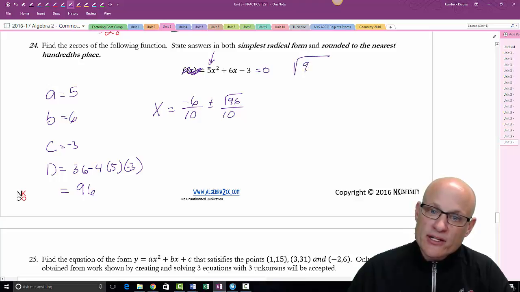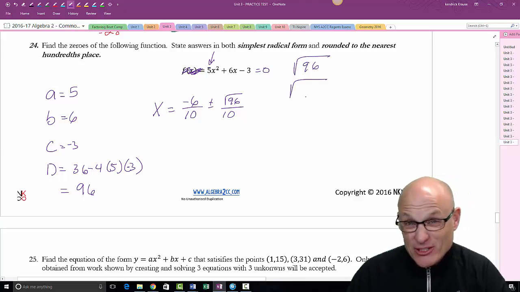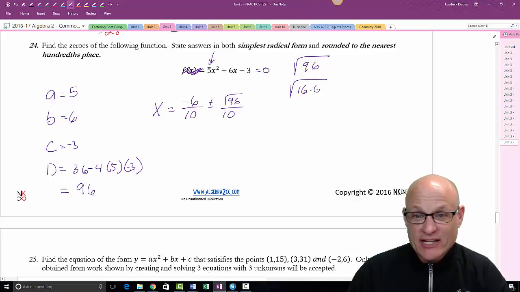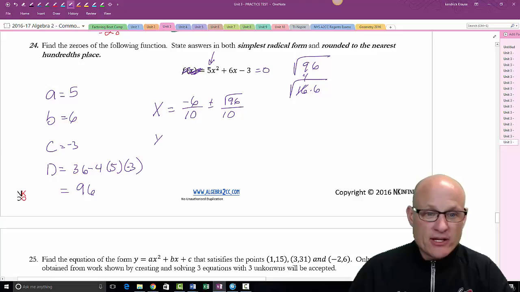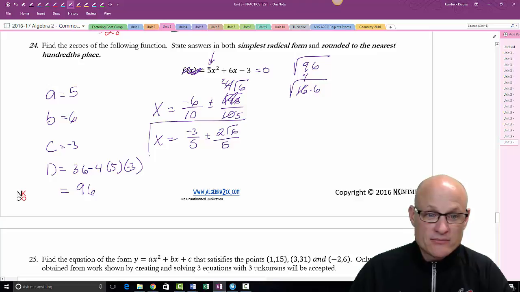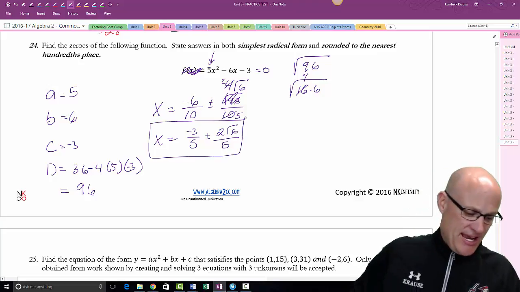So square root of 96, I got to simplify it. May take you a little while, but eventually you'll get at it. 16 times 6. Square root of 16 is 4. So my answer is, oh wait, hold on. This is really 4 square roots of 6. So let's see. -6 over 10 is really -3/5, plus or minus, let's see, 2 goes in there twice, 2 goes in here 5 times. So 2 square roots of 6 over 5. So there's my answer